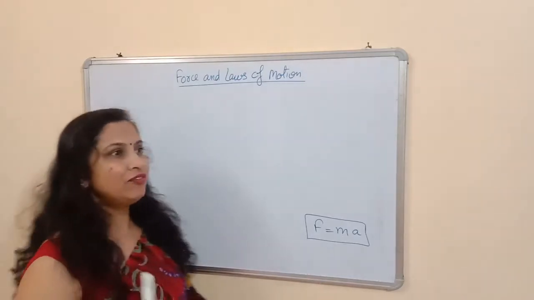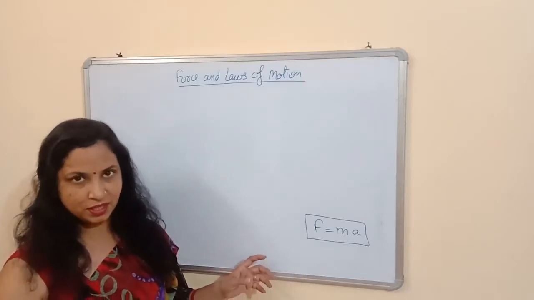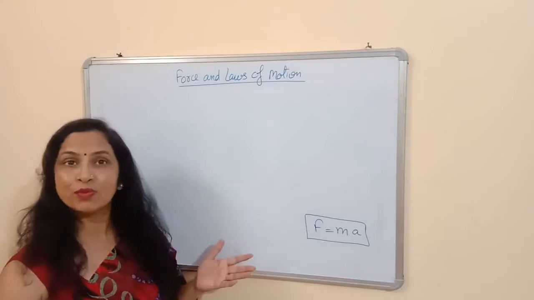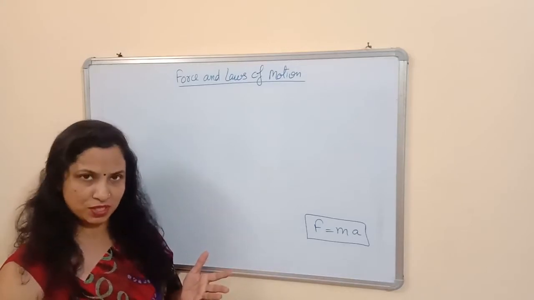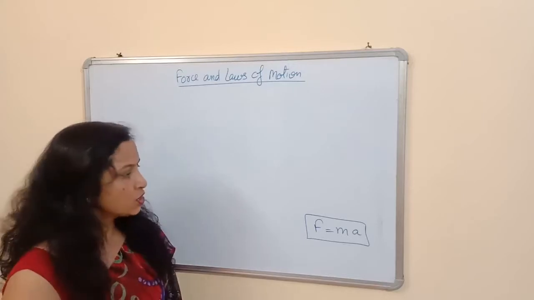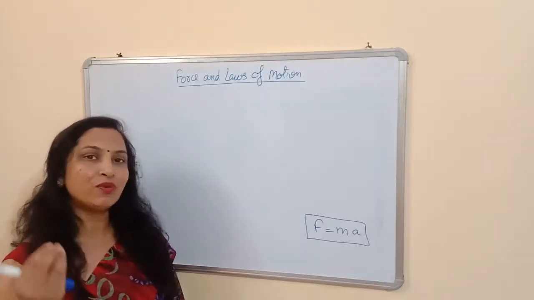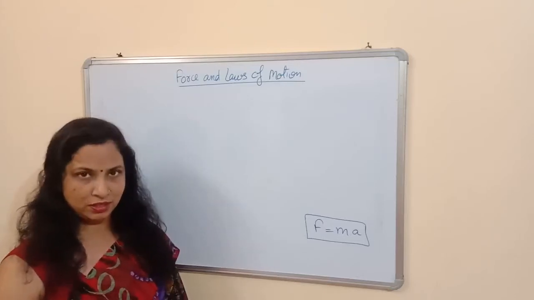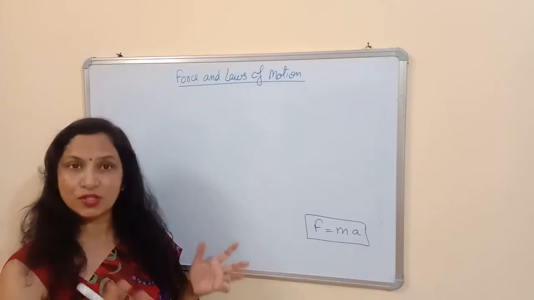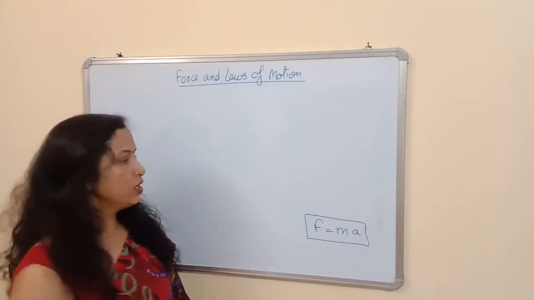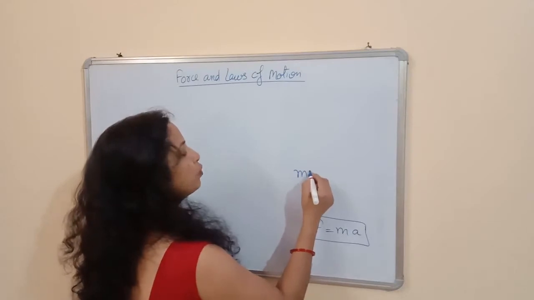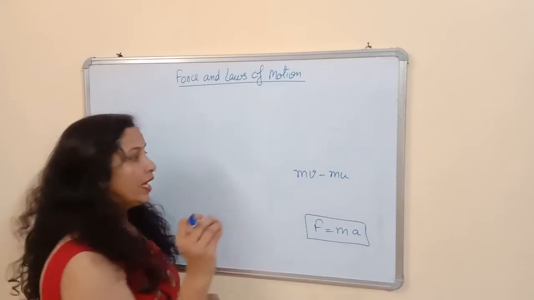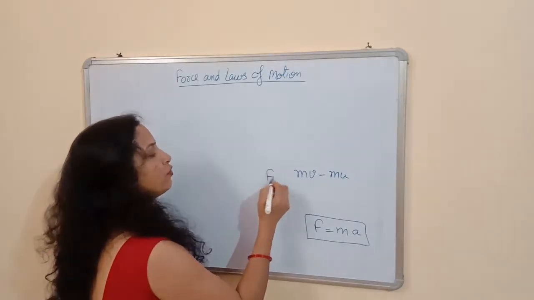It means if the velocity of a body is changing, its momentum will also change. You should know what momentum is. Momentum is mass multiplied by velocity, which I explained in the last lectures. So the rate of change of momentum means if you want to change the momentum of a body having constant mass, its mass does not change, so you want to change the velocity of the body, and this is directly proportional to the force applied.